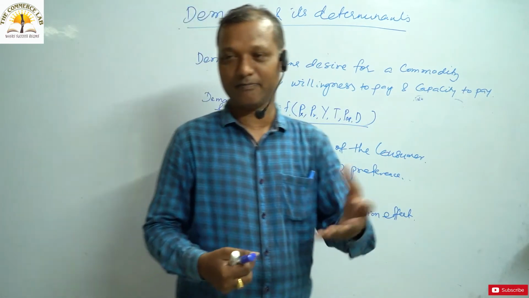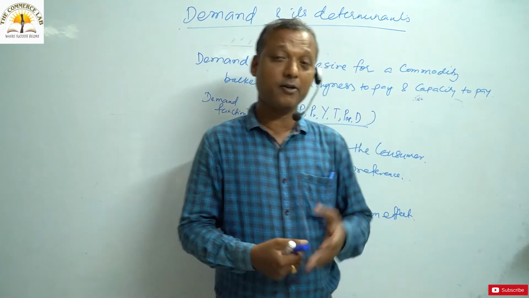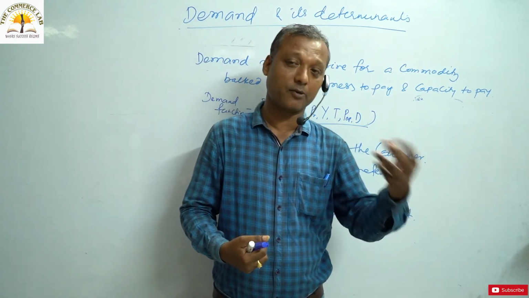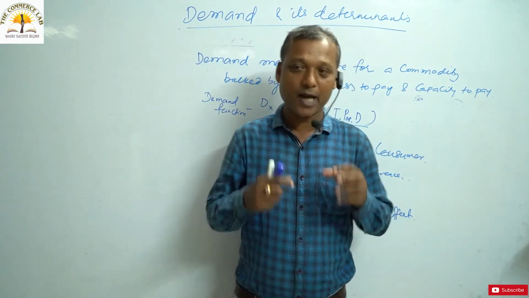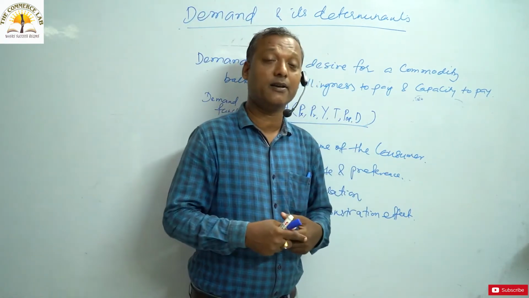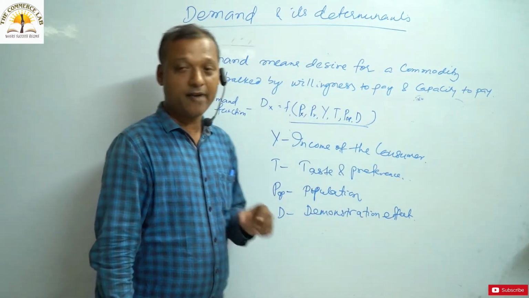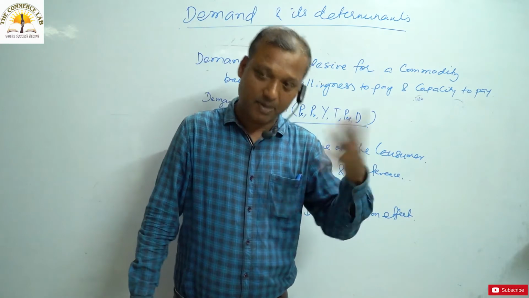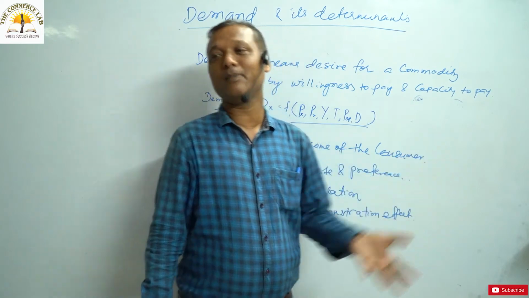Nowadays, we are living in a society where modern things are very important. So when you see someone have an Apple phone, then we are accustomed, we expect to have something like that. That is known as your demonstration effect. Demonstration effect means when we see something of a person and when we follow that person to purchase that commodity, it is called your demonstration effect. And when we do that, demand for the commodity will be more. When demonstration effect is more, demand is also more. When demonstration effect is less, demand is also less.